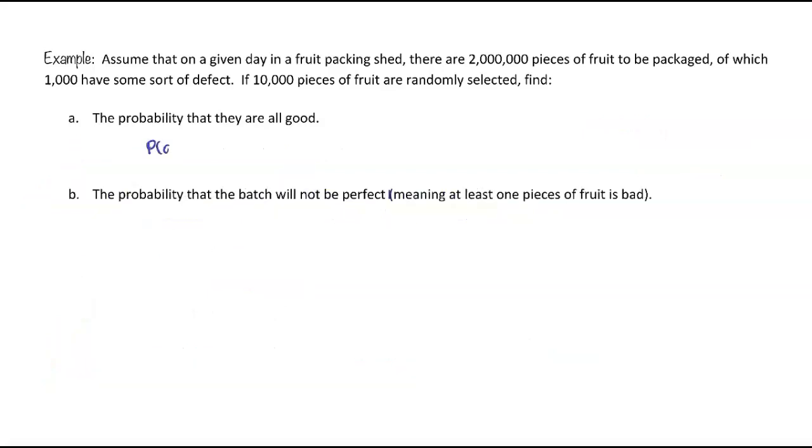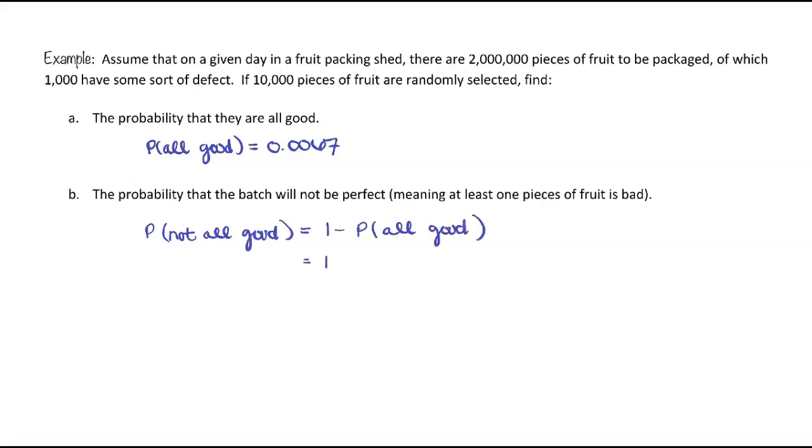Now that we know that the probability of them all being good is equal to 0.0067, let's calculate the probability that this batch of 10,000 pieces of fruit will not be perfect. That is, at least one piece of fruit is bad. Having at least one piece of fruit bad is the opposite of having every single one of them be good. So we can calculate the probability of at least one being bad, that is, they're not all good, by finding 1 minus the probability that they are all good. That's 1 minus